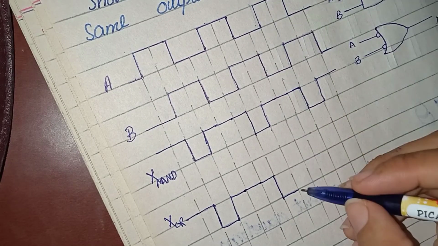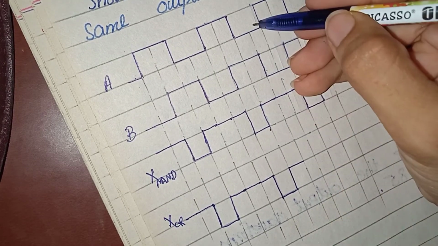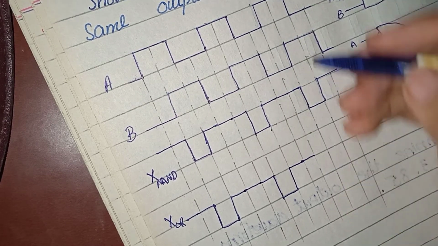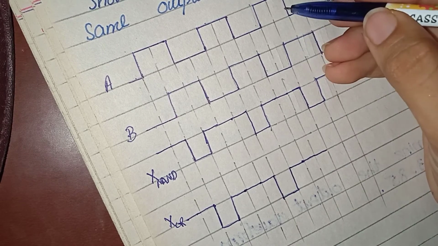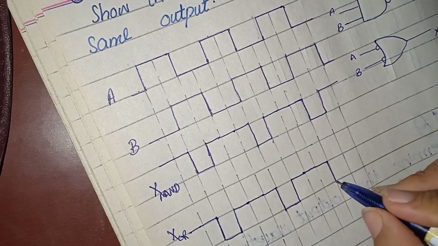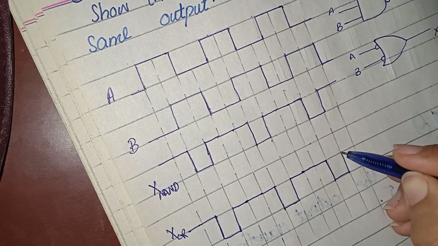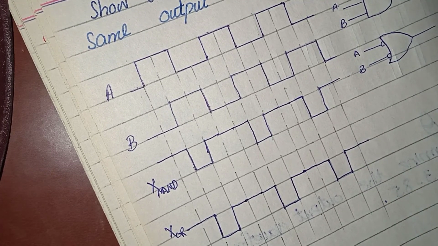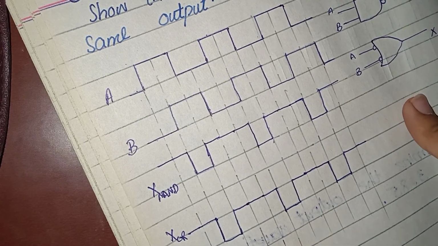And here A is lower, it means that we will get higher output. And for these combinations we will get high output again. For these combinations we will get high output again. For these combinations, as A and B both are at higher level, we will get lower output. And for these two combinations we will get higher output, and so on. Okay, both these gates will give us the same results.